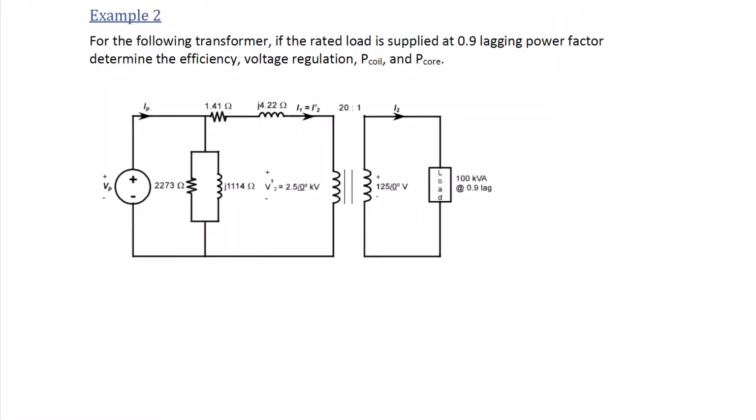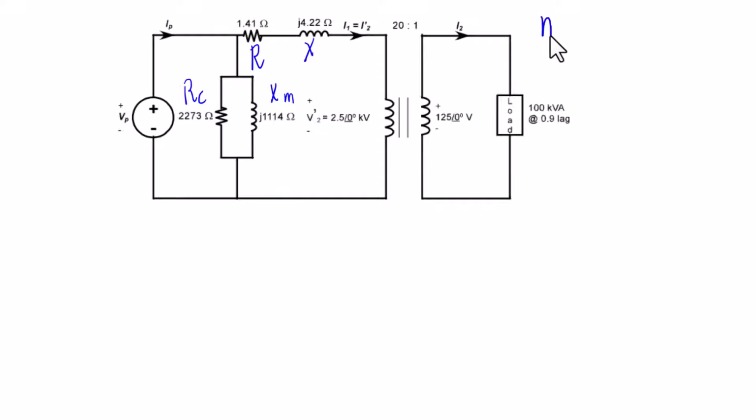Let's get to it. Example 2, for the following transformer, if the rated load is supplied at 0.9 lagging power factor, determine the efficiency, voltage regulation, P coil, and P core. Notice here that this is a non-ideal practical transformer that actually has the values that we derived using the short circuit and open circuit test. So we have R is 1.41, X is 4.22, RC is 2273, and XM is 1114. The first thing we see here is that N is equal to 1 over 20, and that V2 is equal to N V1,